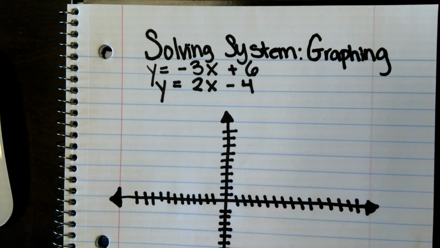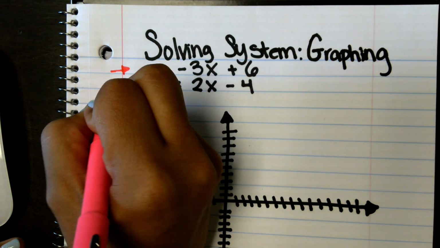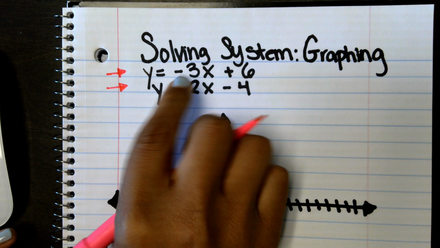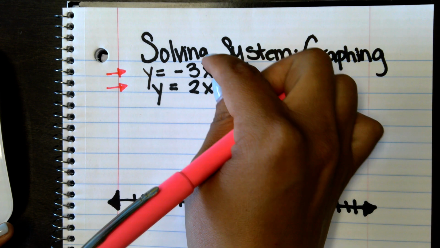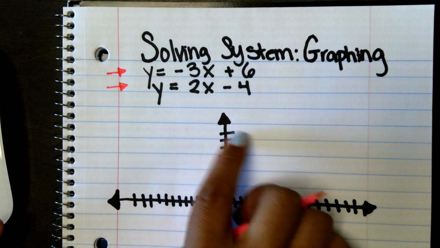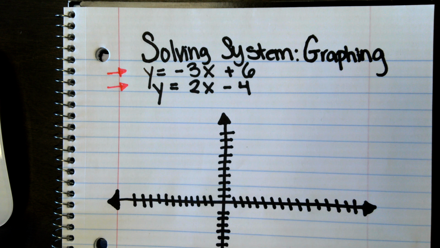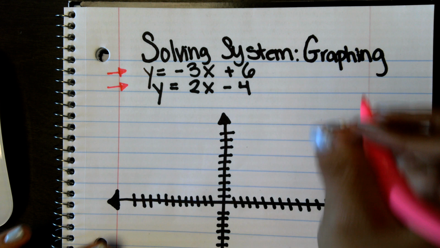A system of equations, as far as what we're dealing with at this point, looks like this. We have two unknowns and two equations, each that include those unknowns. So when we have two unknowns, an x and a y, we have to have two equations to figure those out. And essentially what we're doing is trying to find a point